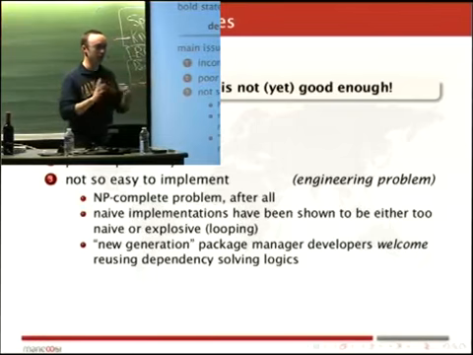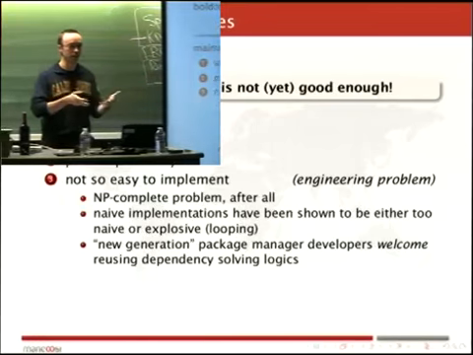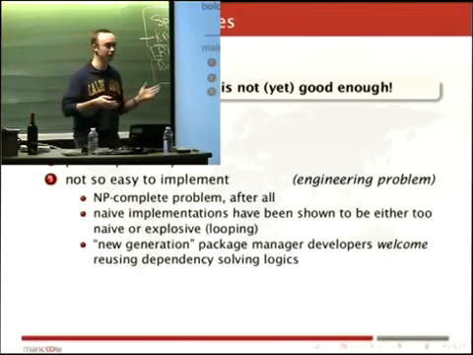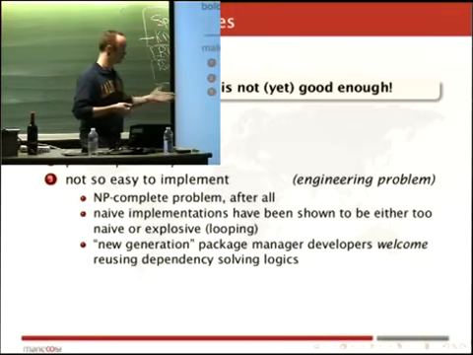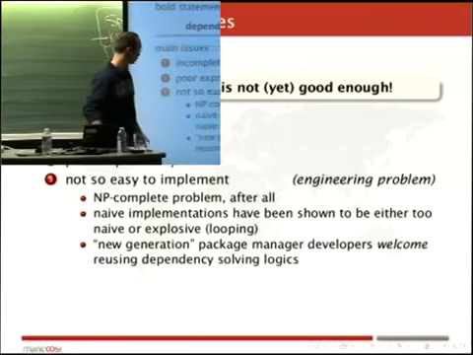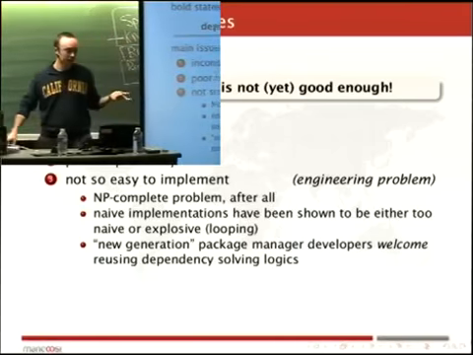So on the Debian side of the world, I guess a lot of us have met aptitude looping while trying to solve dependencies, at some point giving up, asking you, should I continue or should I stop here? So this is kind of a problem which everyone who wants to implement dependency solving will face. And quite interestingly,